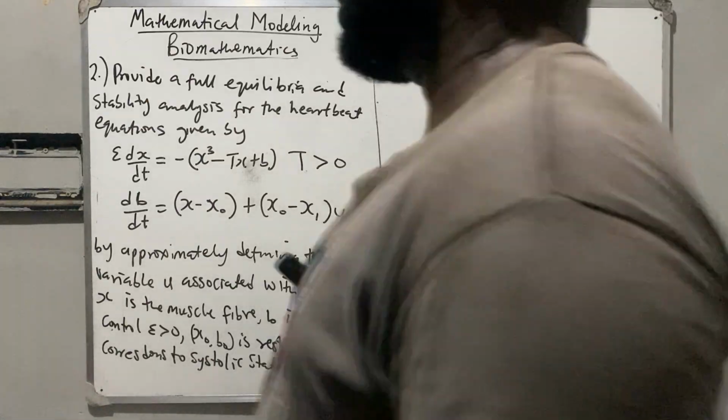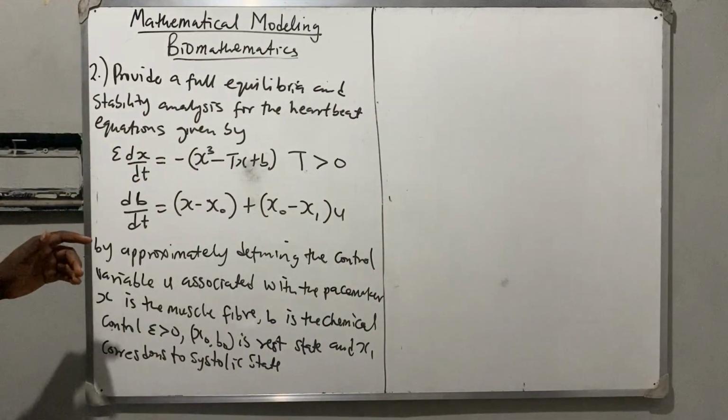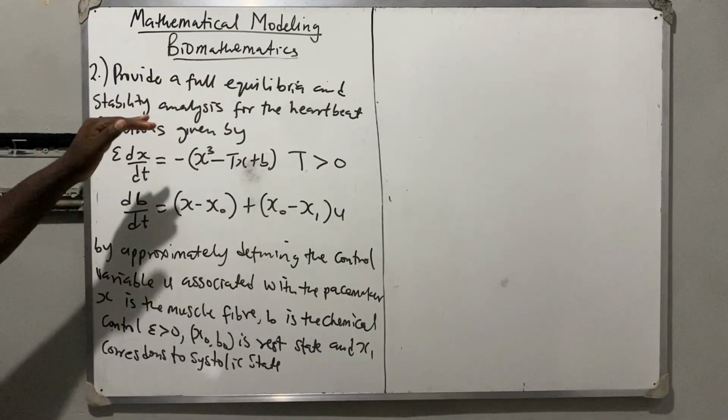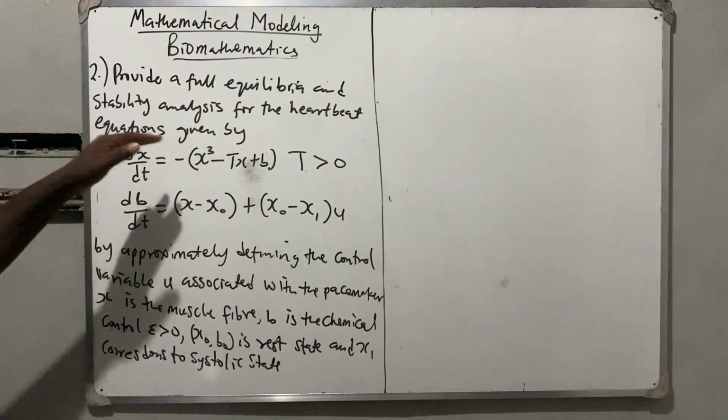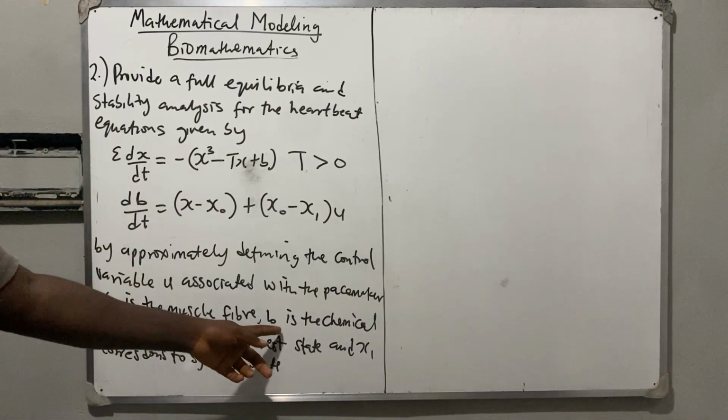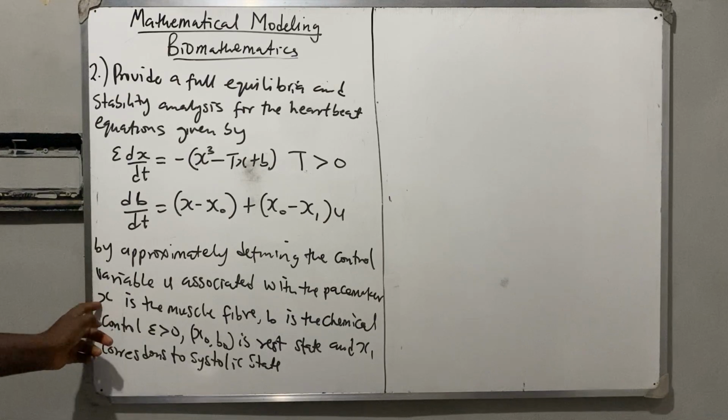In this video, we are asked to solve this mathematical modeling question, biomathematics: provide a full equilibria and stability analysis for the heat equation given by this. They now explain the parameters they have here, where b is the chemical control and x is the